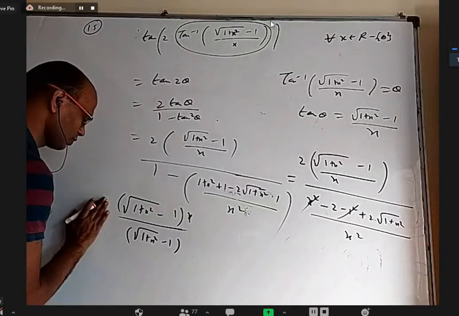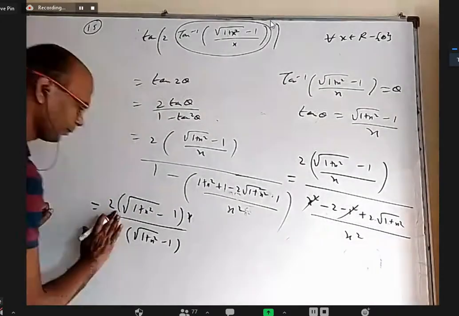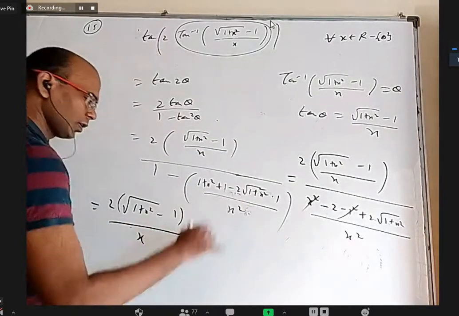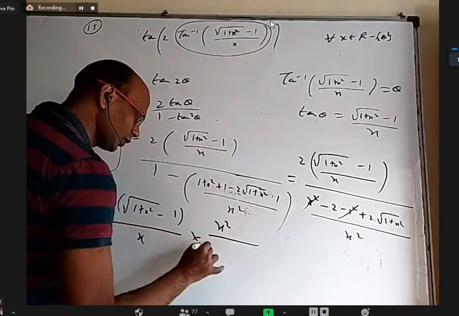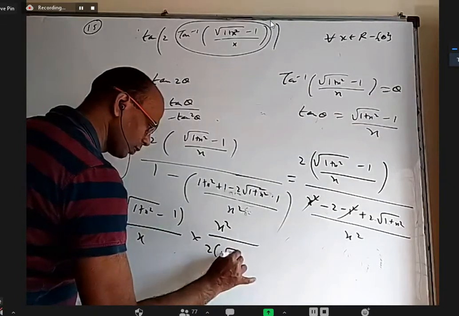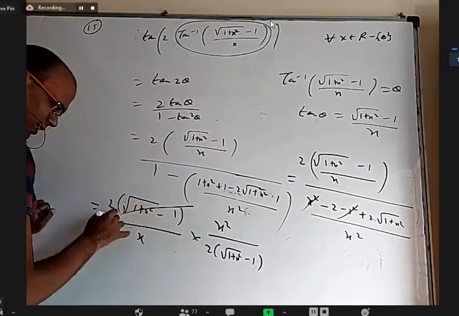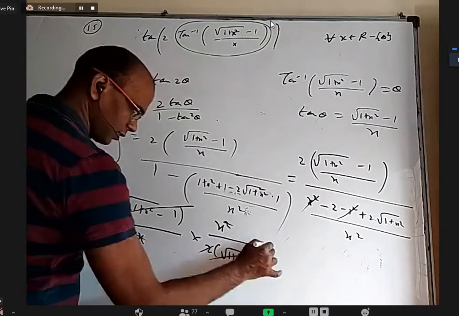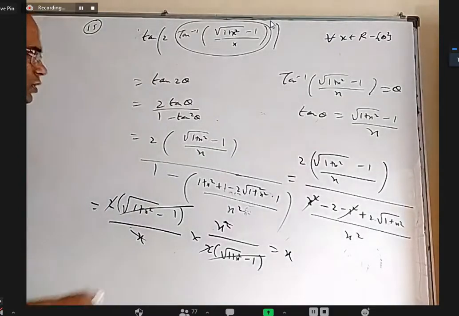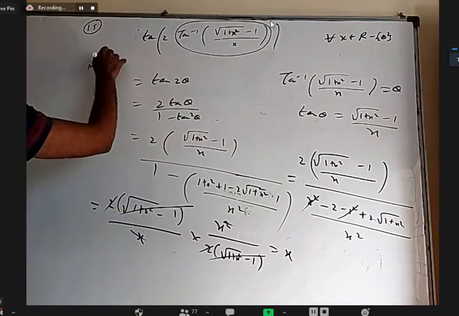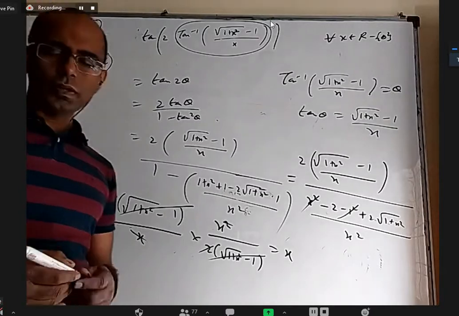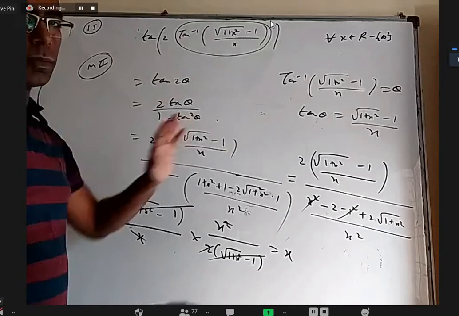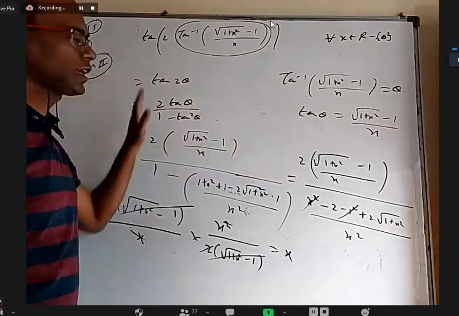Okay, if still somebody wants, this is a 2 here. This is by x. This is a numerator. Denominator x square went up. Take 2 common. It is root 1 plus x square minus 1. This and this are same, cancel. 2 and 2 are same, cancel. X and square cancel. It is x. So this also straight simple. Method 2. You can write it also. So whenever you don't get much idea, the inverse part you take theta, then it will become a trigonometric question. Tan theta is given and they're asking tan 2 theta.